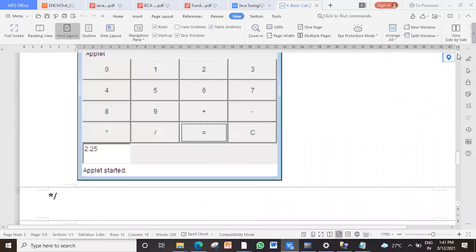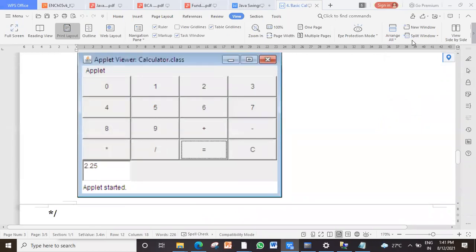Okay, so here can you see the interface here? How many buttons do you see? Okay, to make it easy, how many number buttons are there? 0 to 9. Actually, there are 10. You have not counted 0. So 10 buttons are there. How many operators are there? Including equal to and C, 6 buttons are there, right?